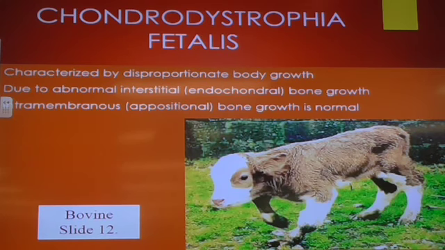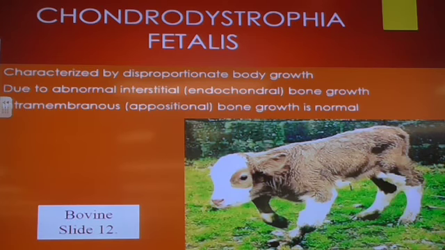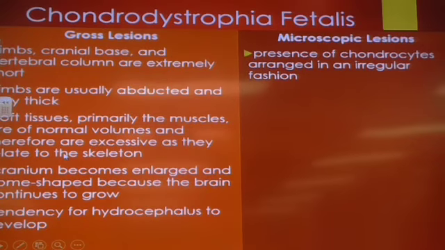So legs, normal size legs, whatever is normal, while the intramembranous or appositional bone growth is normal. So the width is normal, but the length is abnormal. And this is called chondrodystrophia fetalis. Some of the abnormalities include the limbs, cranial base, and vertebral column are extremely